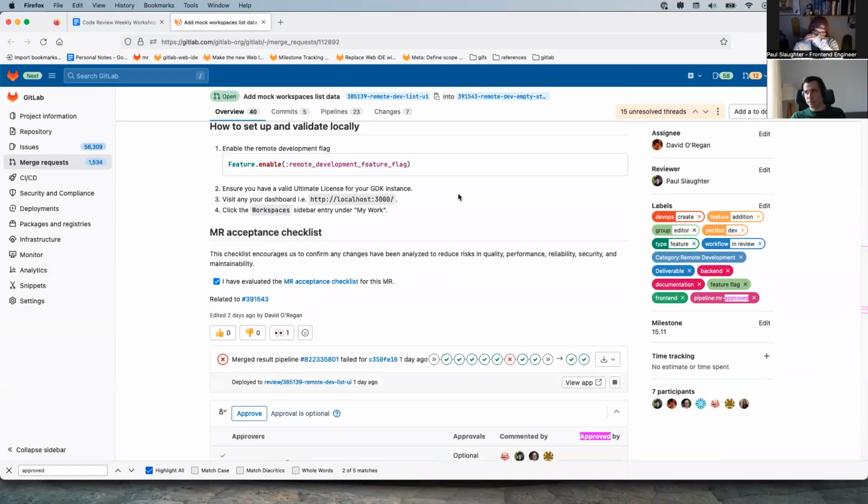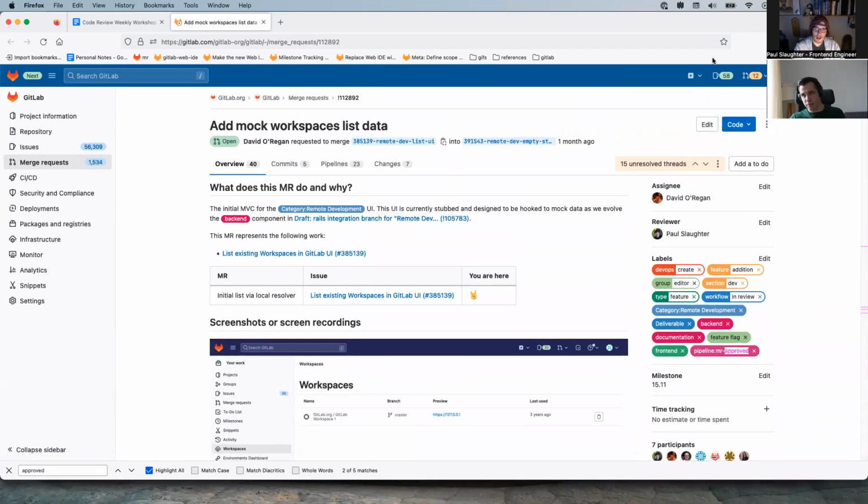All right. I was wanting to show this one because this is actually part 2 of the MR. The source branch points to a non-default target branch, so this is a different MR, and this one is just iteratively building on it, which is a great thing.